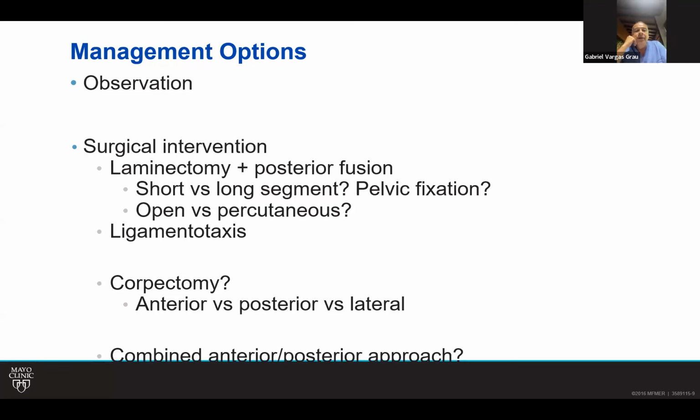And the studies are not clear if you should go to an ultra emergency surgery, or you wait a little bit and really wait until the patient is ready for the surgery that you're going to do, that is a huge surgery. Even if you go by posterior, for example, the purpose of that surgery is to decompress the cauda equina